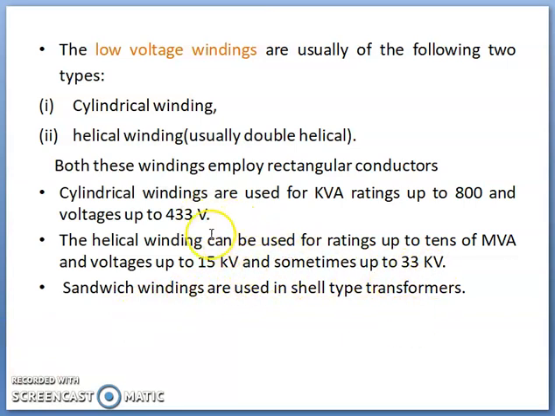Here for low voltage, cylindrical windings are used, and for high voltage, right? Though the rating of the transformer is more but high, sandwich windings are used for